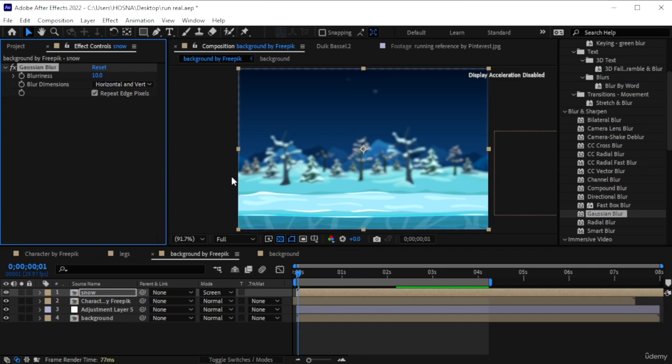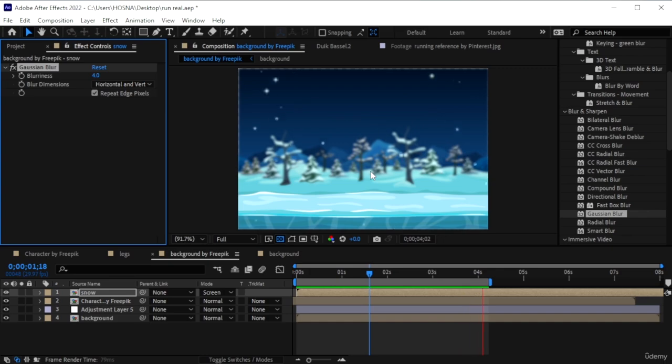Let's go for 10, because the main focus is the character. 10 is too much. 4. Okay, that's better. So I added 4 points for blurriness. And there's our character. Okay, so we're done with our character running in a really dramatic way,